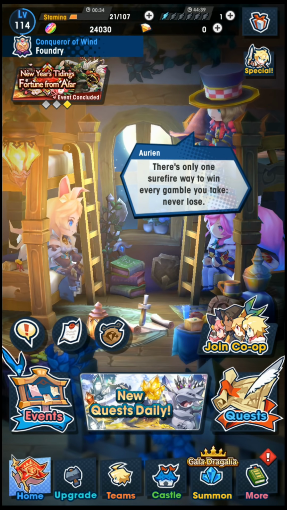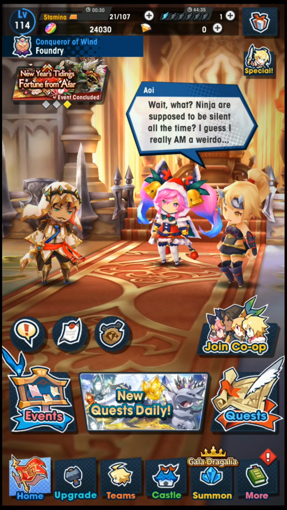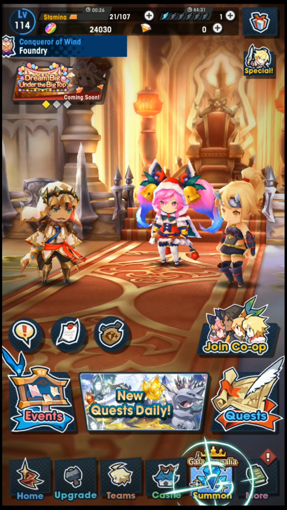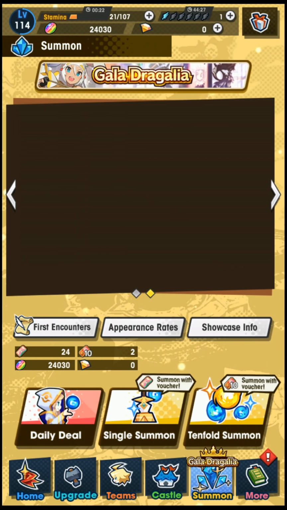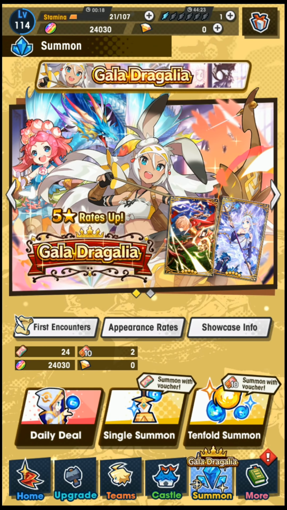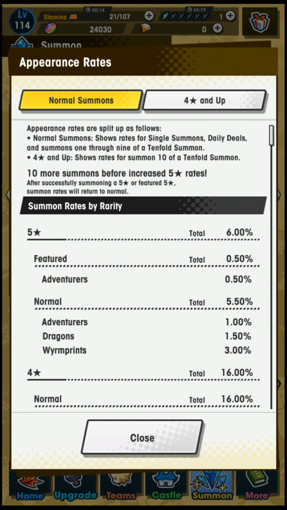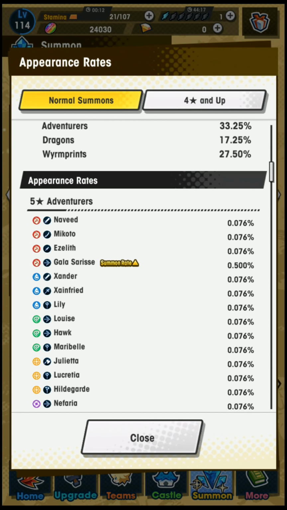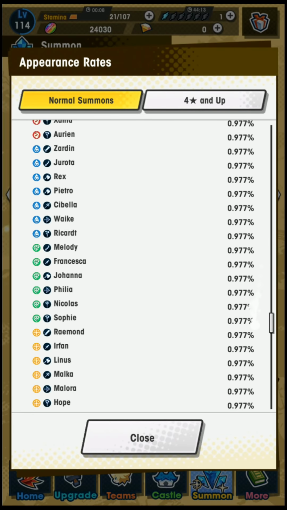Today is going to be my review of the new summon showcase, Gala Dragalia, as well as my summoning video, because there's not a whole lot to say here. There's actually only one featured unit, and I already talked about her yesterday during the preview. So despite what you see on this image of all these 5 stars, the only rate up on this showcase is actually Cerise. So here we go, you can see that Cerise has her summon rate up to 0.5%, and